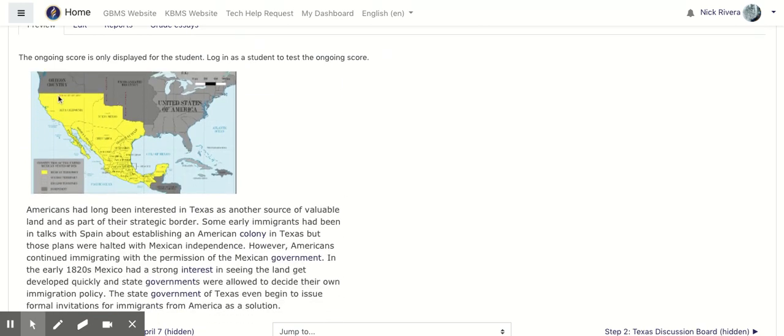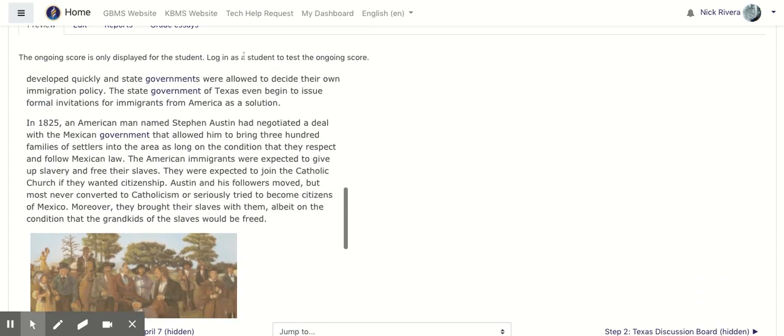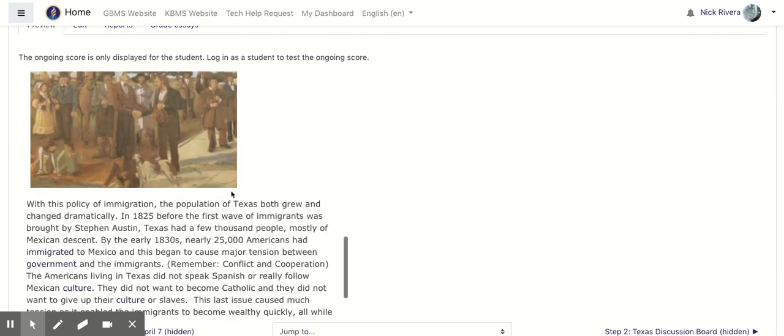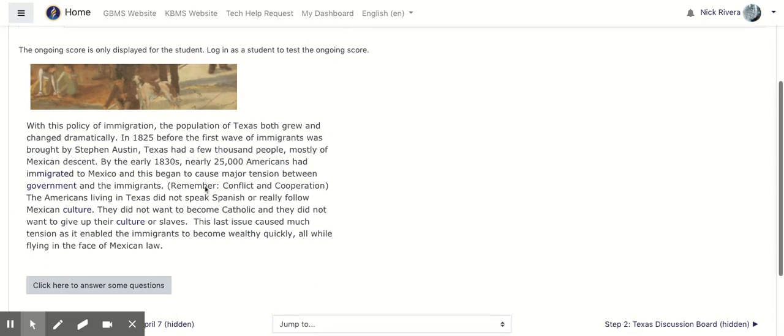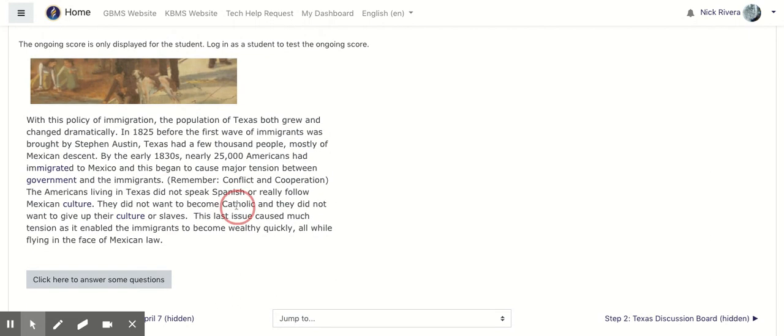This map shows what Mexico originally had, the map of what Mexico originally had in regards to territory. Okay, moving on. You're going to read all about this. You're going to read about a man named Stephen Austin. Yes, that is why Austin, Texas is named Austin, okay? Coming down, you're going to hear about how there was no slavery in Mexico, and therefore no slavery in Texas. A lot of other details are in here that you're going to need to read about, such as the religion that they wanted this area to be.